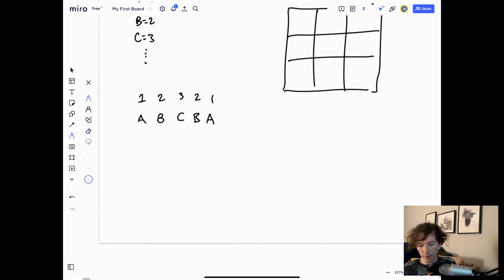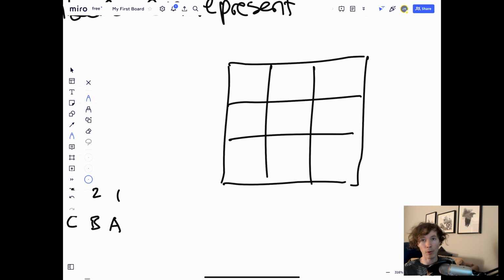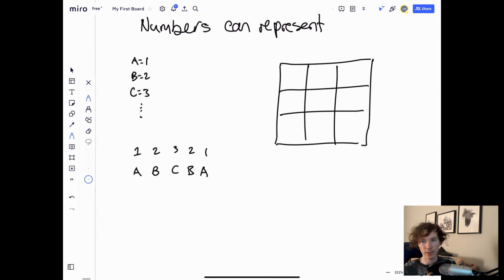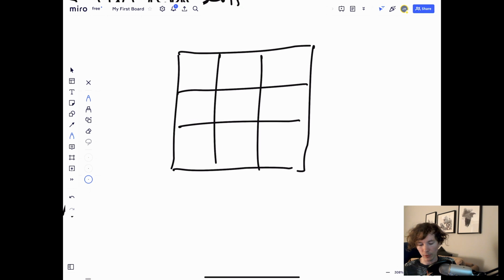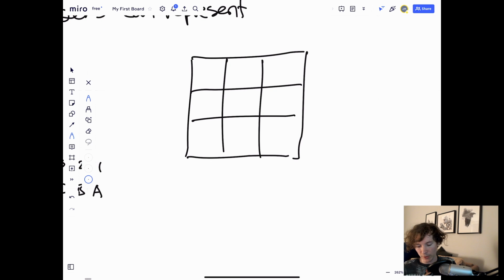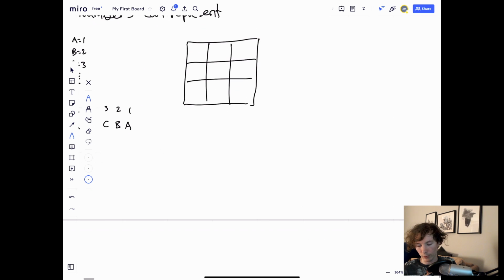And color can be represented by numbers in the exact same way that we just represented letters as numbers, right? So, for example, what you could do, right? And let's say we've only got black and white. You could say that